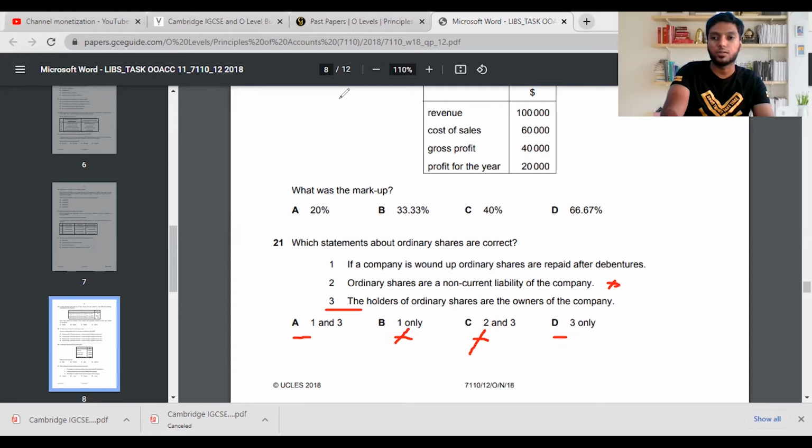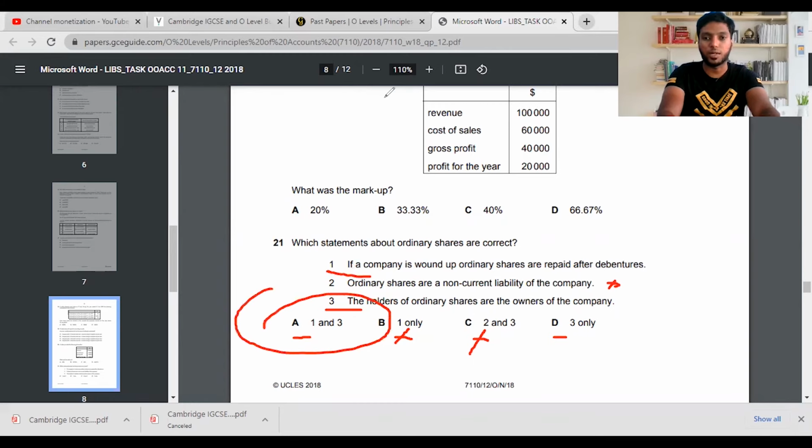Now you need to think a bit. Of course, you need to understand when you have taken some sort of loans, first of all, you need to pay the loans. Then only you can pay the shareholders because they are owners of the company. Even if you are doing a business, either it can be a small, short-term or sole proprietorship business or partnership, first, you will try to pay the loans what you have taken. So then the answer 1 and 3 becomes the main pitch of the sum. So answer A is the answer of 21 MCQ.